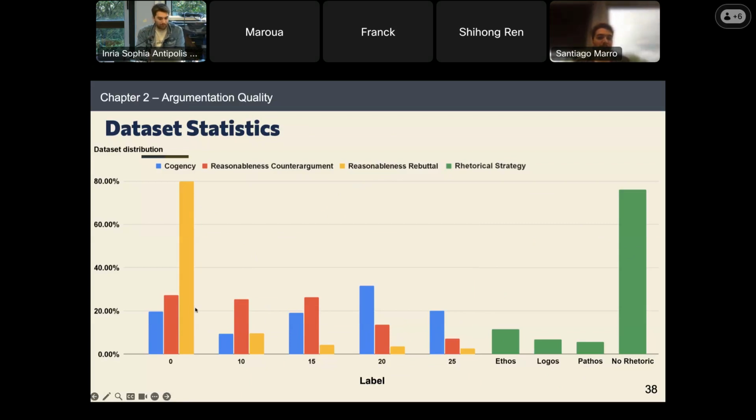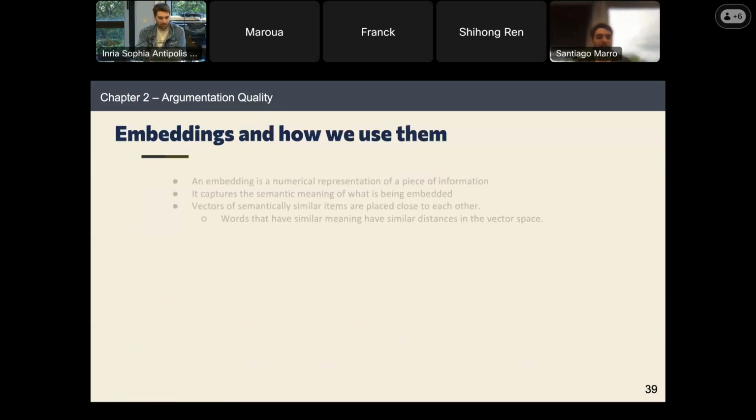So most of them fall under the score of 0, giving us a very unbalanced dataset, and more so, the score of 0 signifies that there are no rebuttals. So that means that there was no text to learn from. There was a counter-argument with no rebuttal pair. That will impact the results that I will show you later